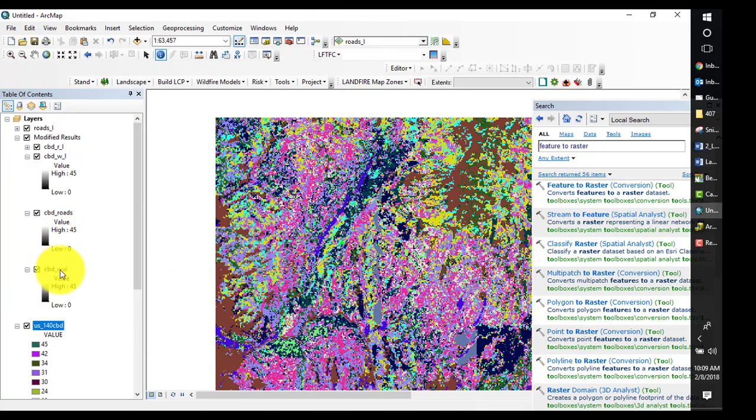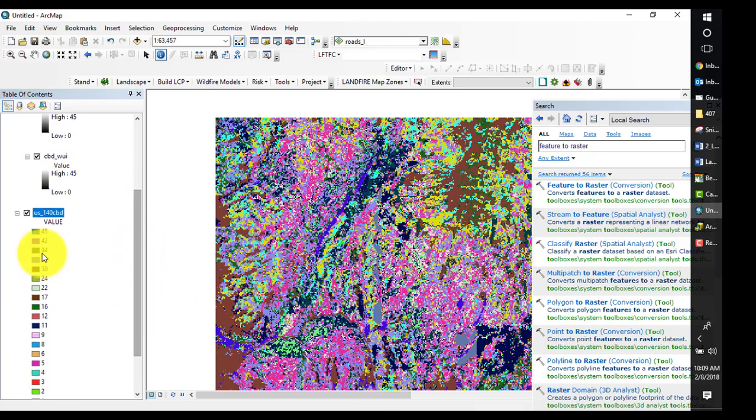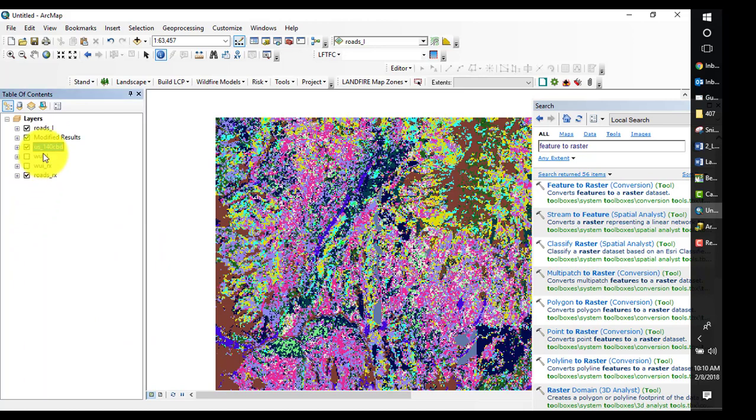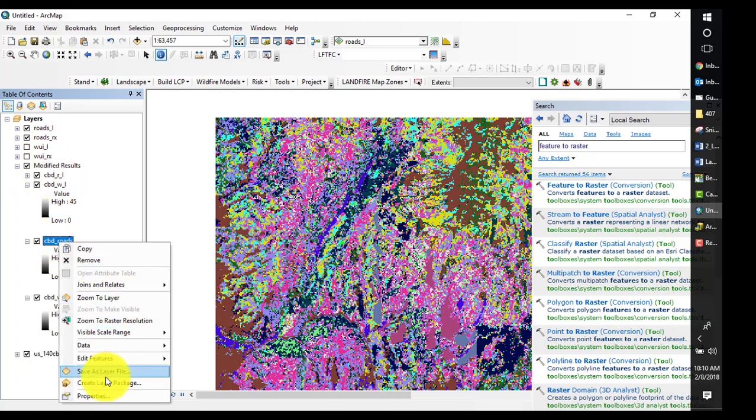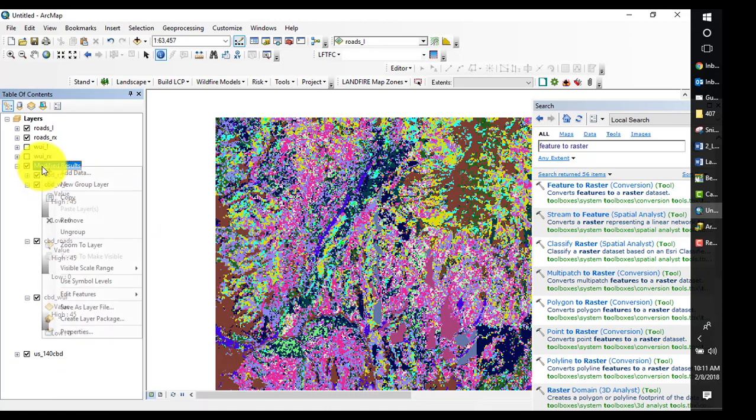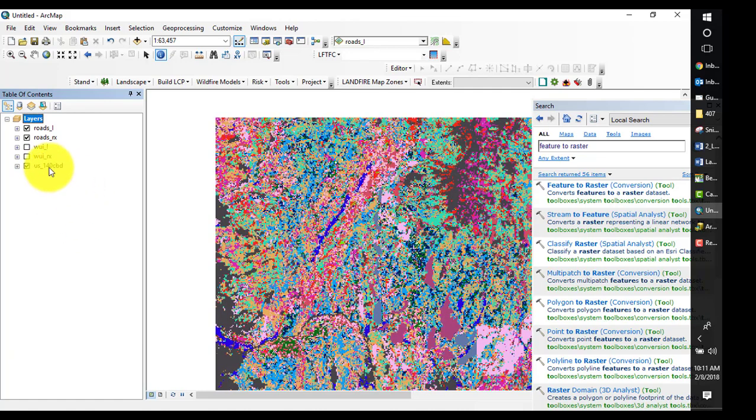So, take a moment to explore these values, making sure that those changes were made. Reorganize things. Move roads up here. So first check out your roads and then your WUI. Once you've confirmed that those changes were made properly, you can export your features to their geodatabases. So again, remove modified results, remove canopy bulk density,